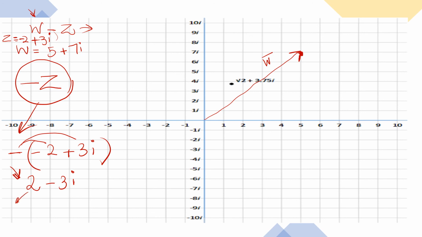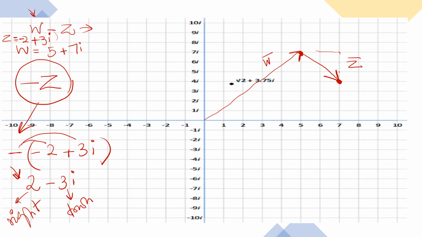So 2 is the real axis, so you have to move towards the right. And negative 3 is the imaginary axis, so you have to go 3 units down. So from the head of the W, you have to move for the Z 2 units right, so 1 and 2, and 3 units down, so 1, 2 and 3. This is your vector Z. Now join the head of the vector with the tail of the W. Just join it, make the arrow. Where you receive the answer, you have to make the arrow.